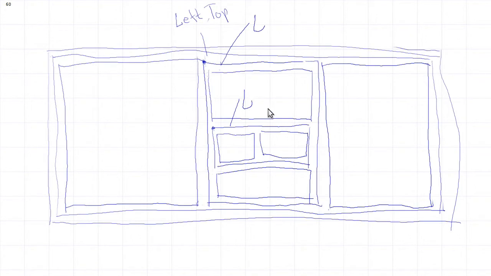Let's think. So we have several elements. Let's do it in one dimension. We have several elements. So in total it's width. So it's v1, v2, v3. And for example,